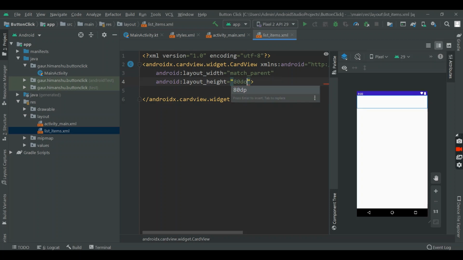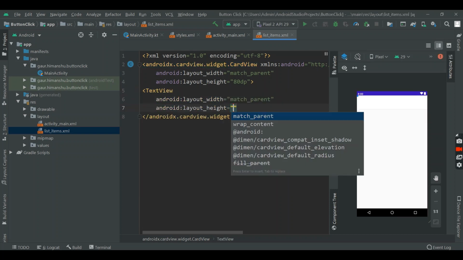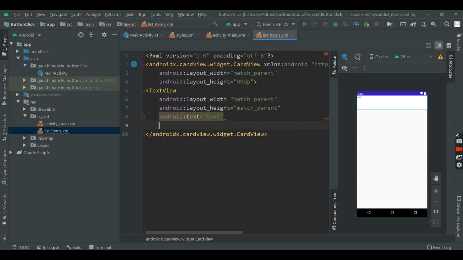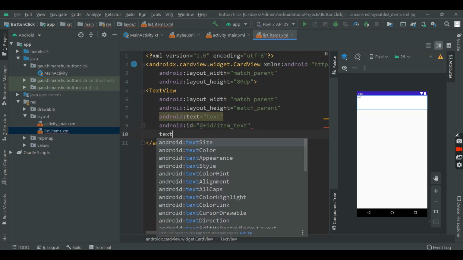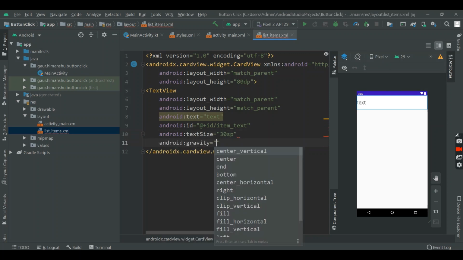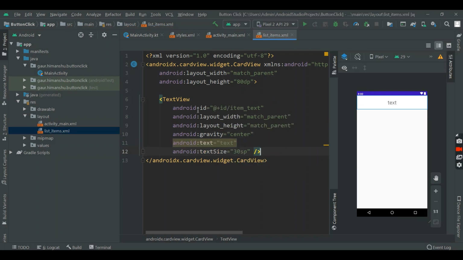Use HTTP of widths, and within card view I used a text view. Match parent, its text is text and its ID is item text, and text size is 30 sp, which is more than enough, and its gravity is center. Now that's all for our design part.